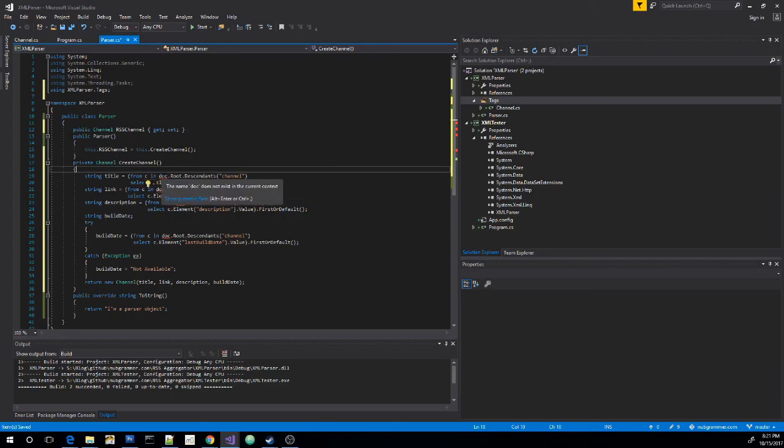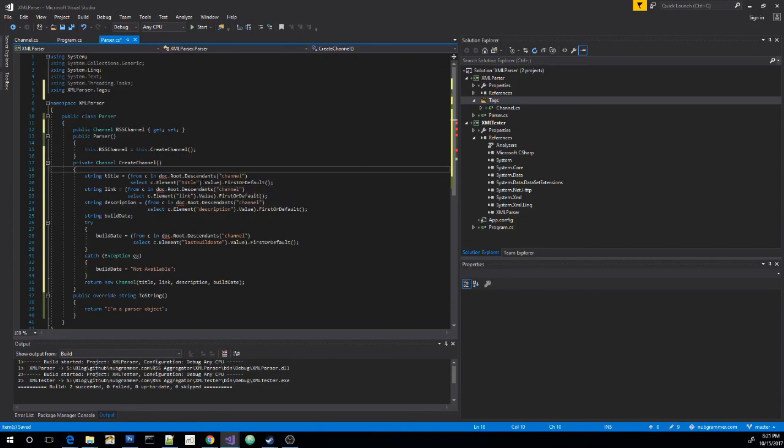Doc is going to be a variable that holds the information about our XML document. The root is just the root tag. The descendants is basically all the tags under the root tag, and we're looking for the tag name channel. Okay, once we find the tag name channel, we're going to select the element called title within that channel tag